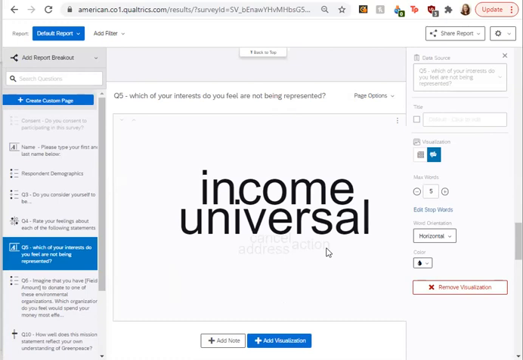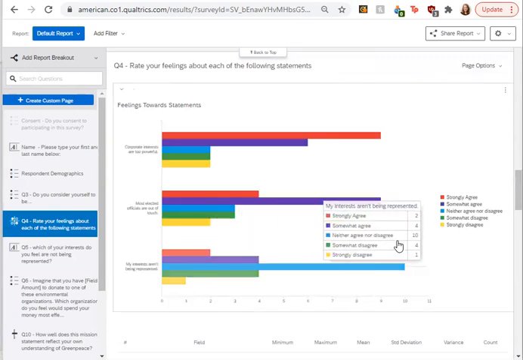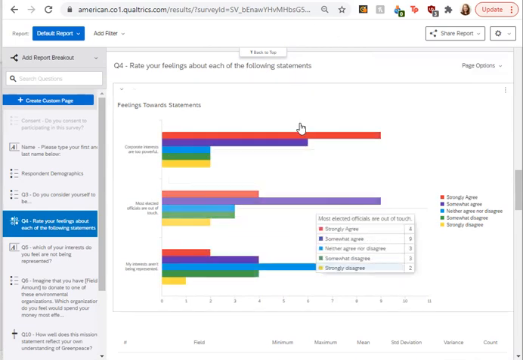All right, and then next thing we're going to show is how to visualize descriptive statistics. So for numerical data, in addition to displaying things as a figure or a chart or a graph, we can also display things in statistics tables. So let's go to an example. If we go back to Q4, we can see the graph and chart that we edited earlier.